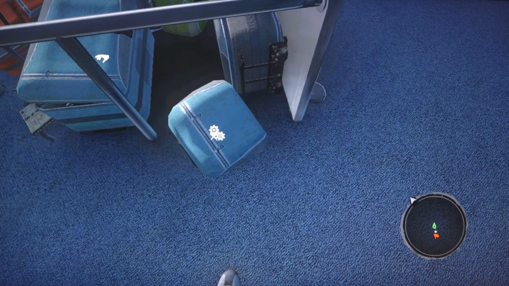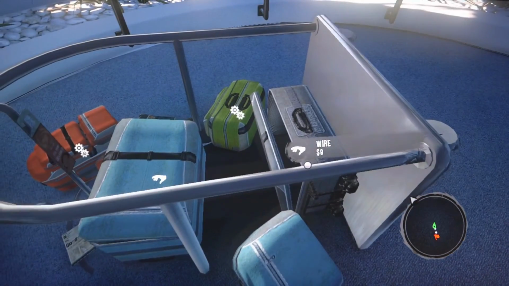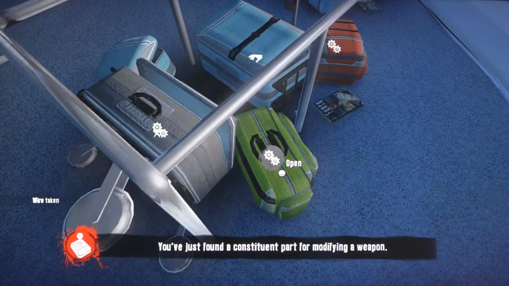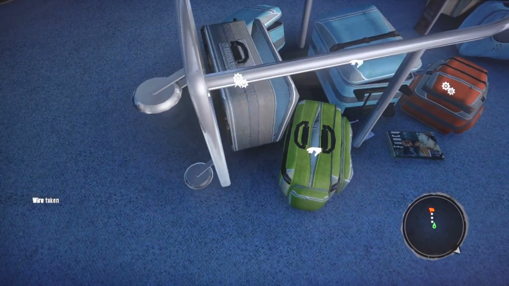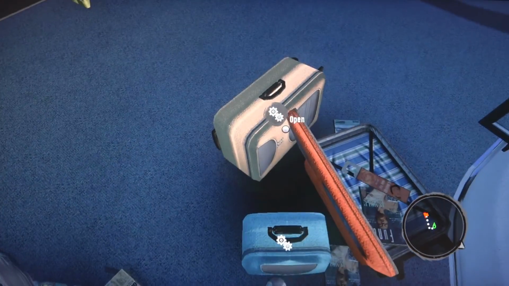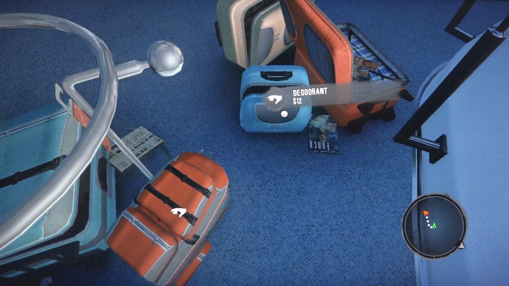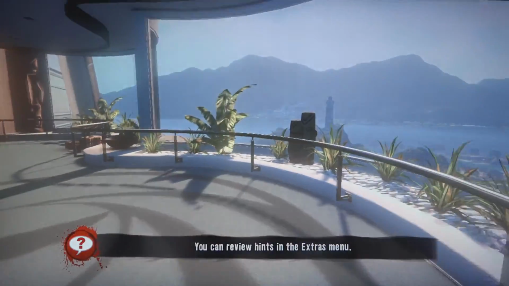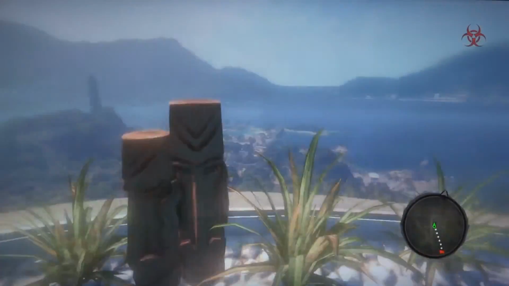Anything good in here? Found glue, that one's empty. We found a wire, $9. I wonder if you can sell this stuff. I assume you can, because it's saying everything here is of value of some kind. Duct tape. Deodorant. Okay. It seems peaceful thus far, but I feel something's going to jump out of us if we stick around, so...